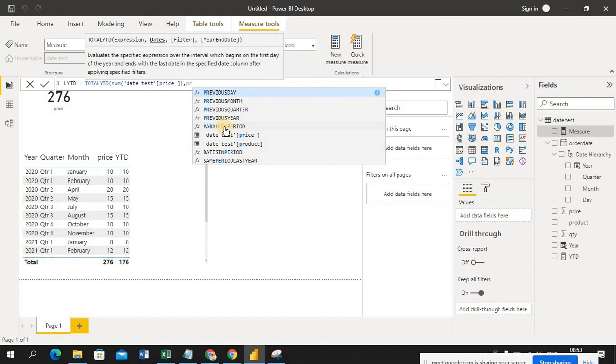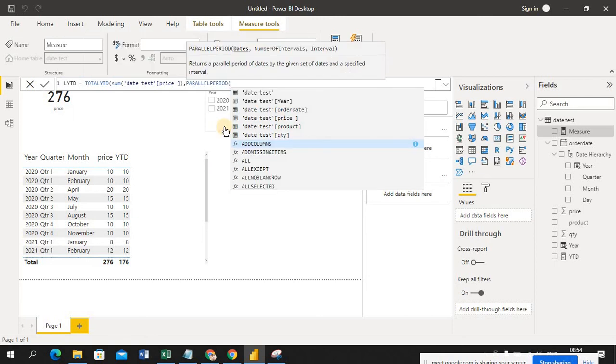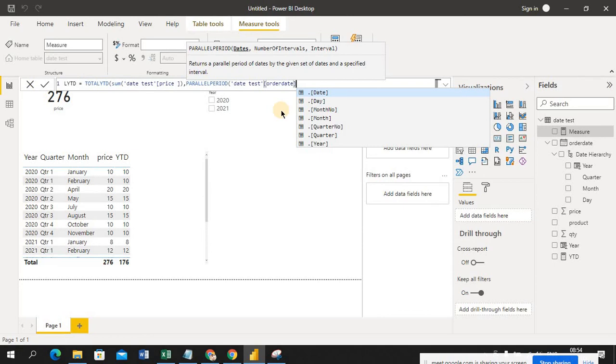There are functions, and as per your scenario and requirement, you have to use them. If there is a requirement for exact date matching, like I'm currently selecting 2022 Jan 22nd, and I want the same date selected for last year also, in that scenario you can do some experiments. So I'm giving the same period function, a DAX function. In that function it expects order date. Just close.